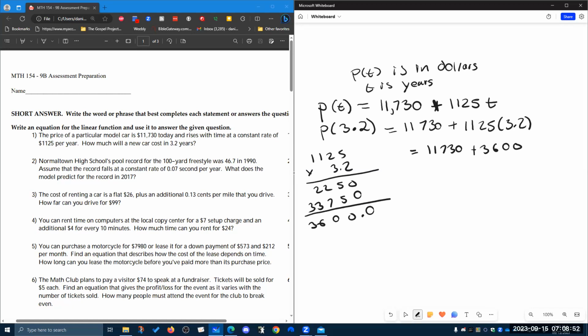And then we're going to add that to the base price of 11,730. And we get